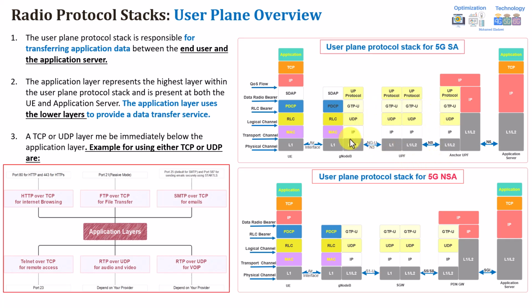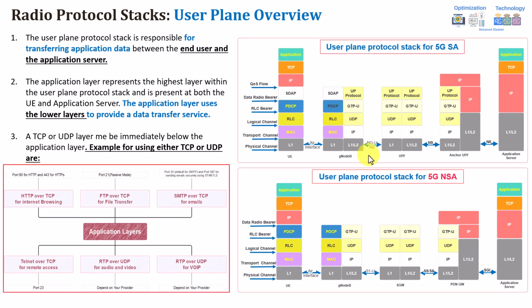This creates a tunnel between both of them, and the tunnel created by the GTPU ensures that the user data is delivered to the correct PDU session and quality of service in the 5G core network. This is what the GTPU tunnel does. Then the GTPU tunnel encapsulated packets, which are sent from the end user, are forwarded